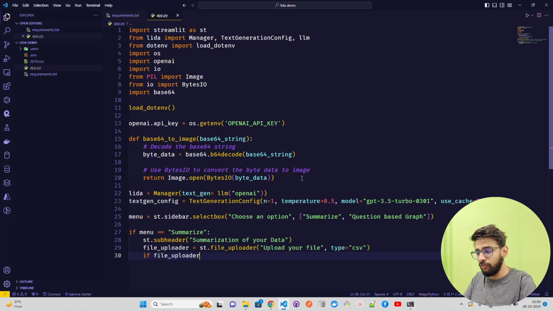Now if file uploader is not None, let's check that somebody has uploaded a file, and only then execute the rest of the code. Now here we have to save the file, guys, because we have to get the value, the file name, that's what we have to pass. Now path to save, so let's just do path_to_save, and here I'm just going to call it